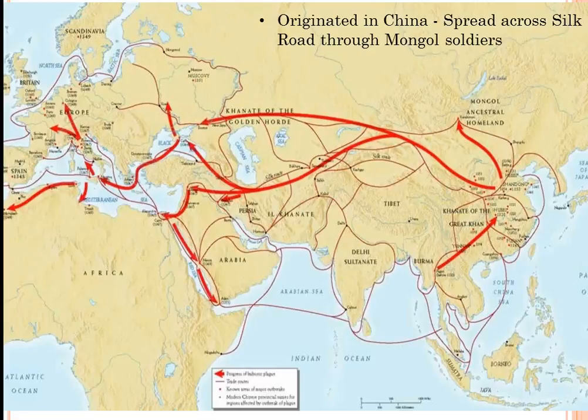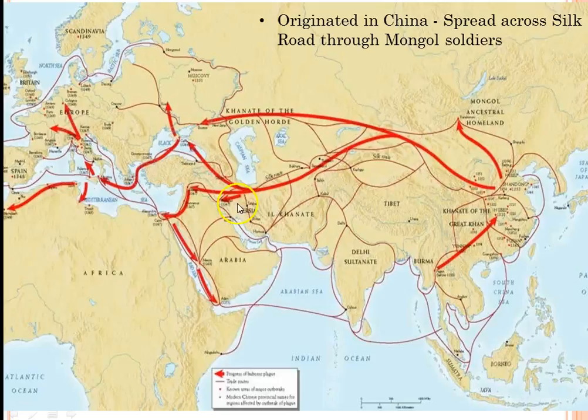So it originated in China and spread across the Silk Road through Mongol traders. If you remember that 2-minute video I showed you about the world civilizations, we have it originating here in Southeast Asia into China. Then the Mongols had all of this territory, including Saudi Arabia, including into Turkey and into parts of Russia. That was all Mongol territory.